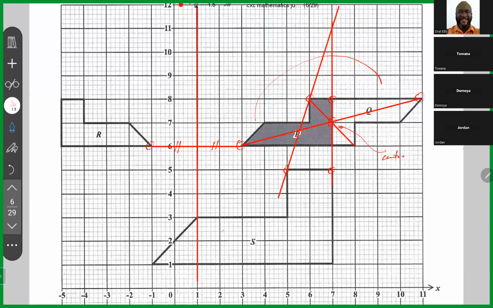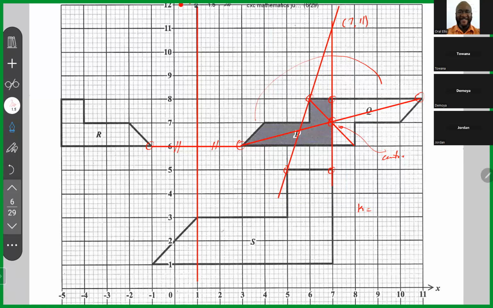So the center of enlargement appears to be the point 7, 11. After I find the center of enlargement, I also need the scale factor. To fully describe an enlargement, you need to know the scale factor. Now, the scale factor K